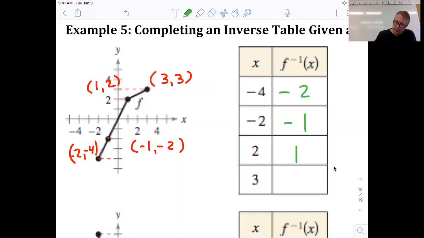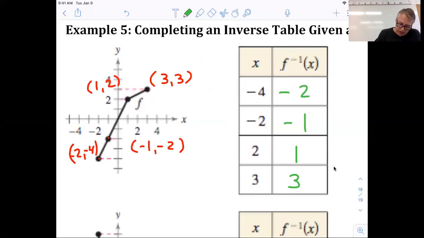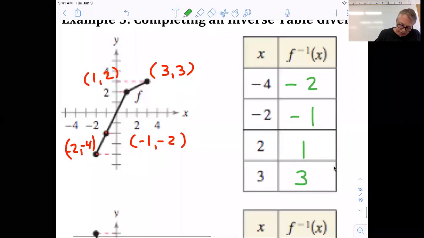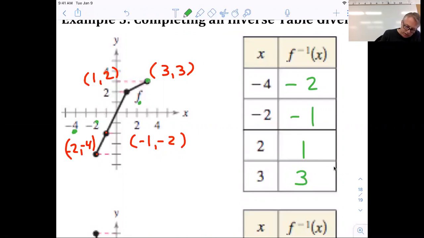These two switch, but of course that doesn't matter because you still get 3, 3. But notice if I were to plot those points, we have -4, -2 is here. And -2, -1 is here. And 2, 1 is here. And 3, 3 is there. If I connected those points,